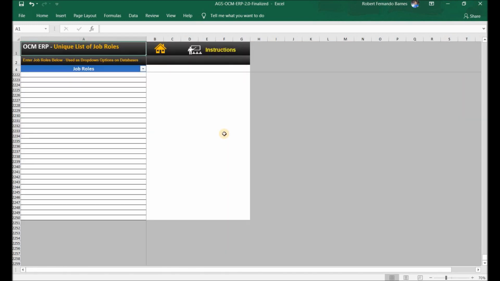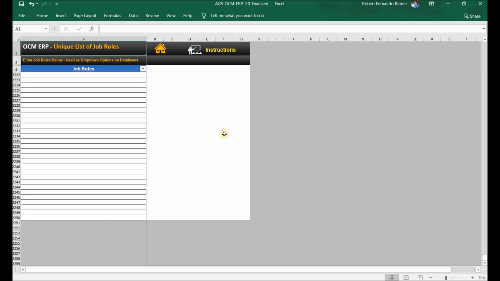To populate the job roles column on this page, you can save time by asking your HR department for a list of the job roles across the organization. Copy the provided list and save as text on the job roles column. It is important that you right-click and save the data as values to maintain the existing format. Where possible, make sure to include the list of every job role across the company. This way they are all included as part of the drop-down option on the template databases in the appropriate modules